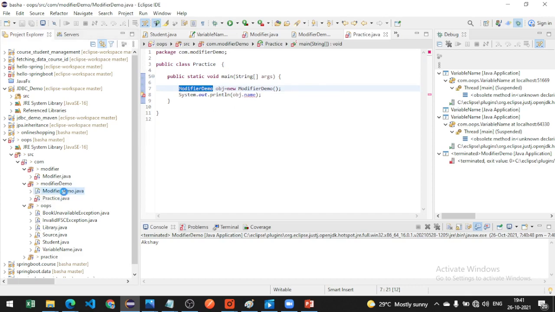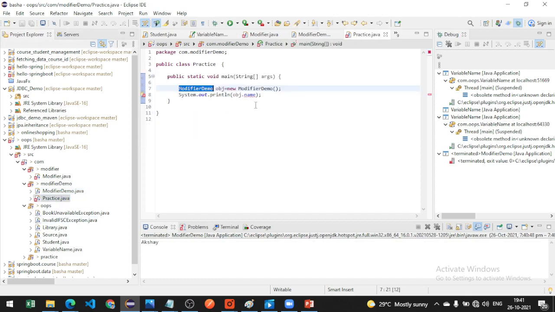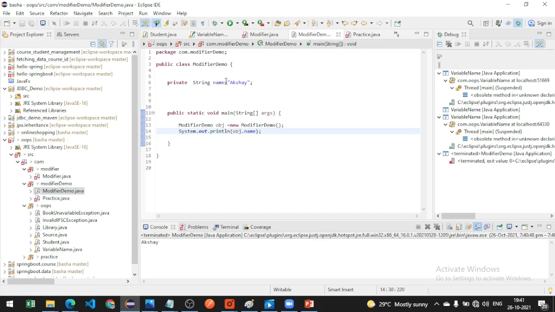Here in practice, when I enter this, it shows a red underline: modifier demo name is not visible. If I give it private, it doesn't work. That's it for private. Then we are going to see default.